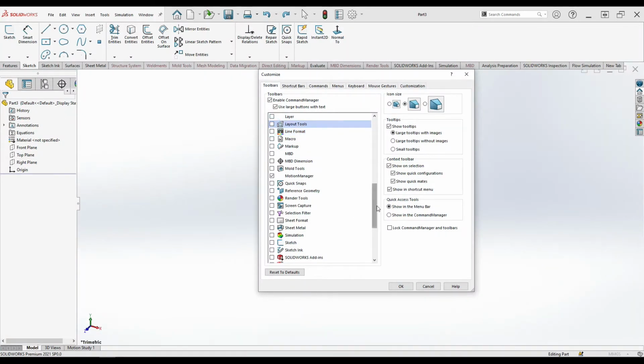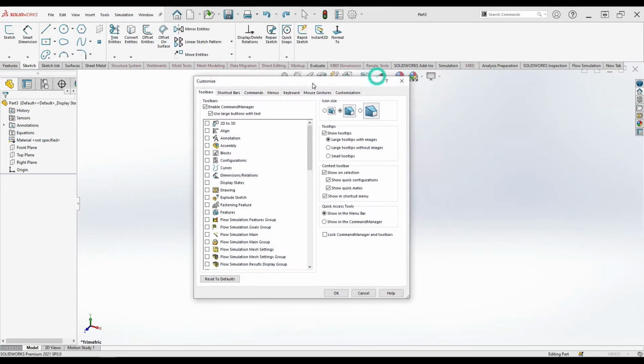Here are tool tips, like show tool tips, large tool tips with images, large tool tips without images, small tool tips. These are some more options for tool tips, for each command. And context toolbars are there, so on selection, quick configuration, quick mates. This is like showing shortcut menus.